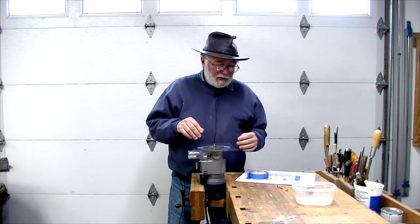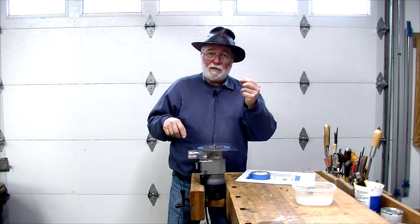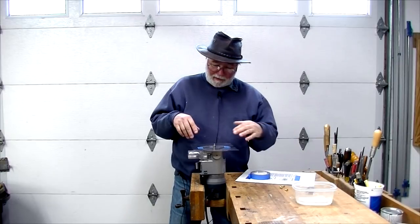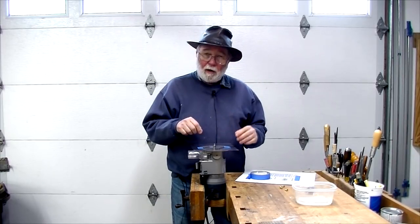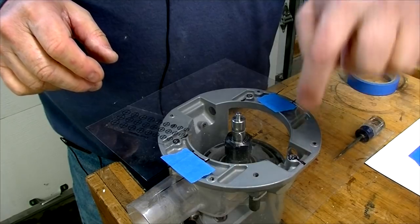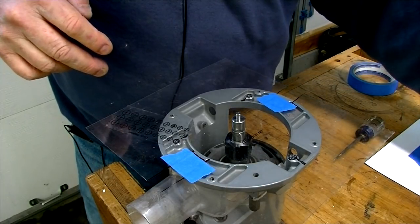Now from the last time I'd done this, I knew which 3 holes I had used, and I had 3 screws. So before you start, make sure you got the screws, which you got to supply yourself, and that you know what holes you're going to use. Okay, so now I think you can see what I'm talking about. I've got 3 holes in the aluminum base for the router that I'm going to use to screw these